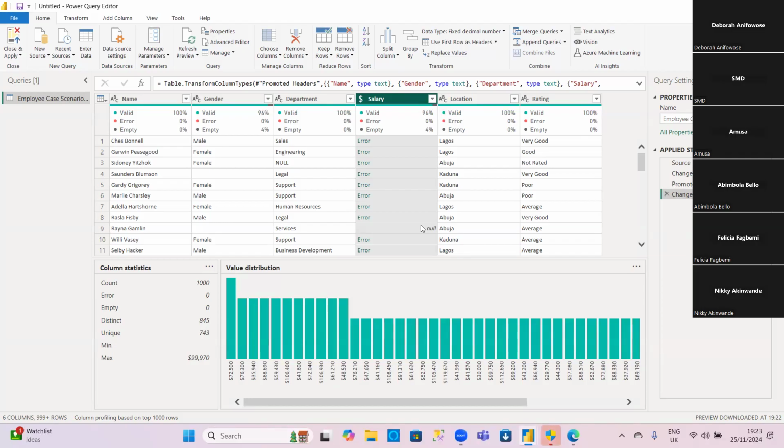Now, when I have this type of problem, what I do is I go to the previous step and see the difference. Don't remove, don't delete it. I go and click on the previous step to study the data again, and then I look at what I've done and compare the two results. Then that would inform me on what I should do next. So if we go into the previous step, which is promoted headers now, if we click on that,